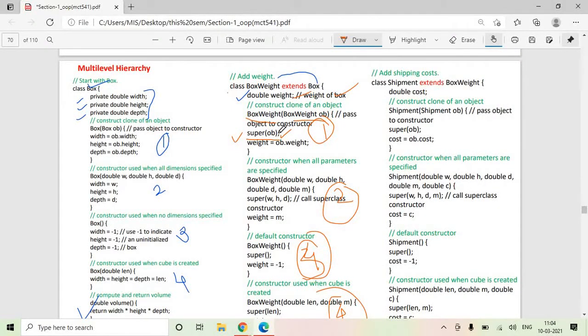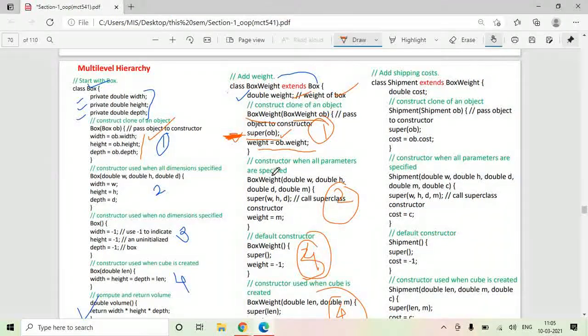So super OB, so the constructor in the parent class which accepts an object as an argument. So this constructor gets called for this line, and it will initialize width, height and depth, and the remaining weight variable is initialized over here.